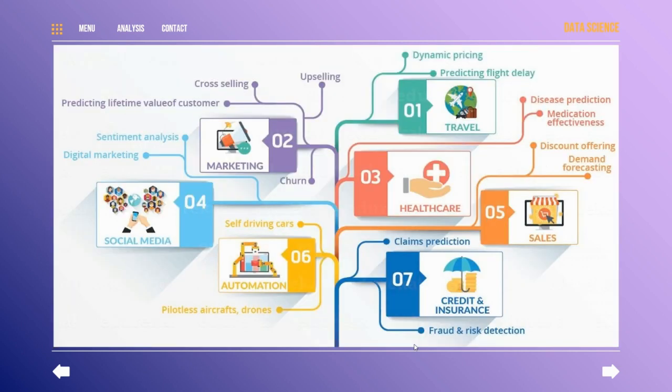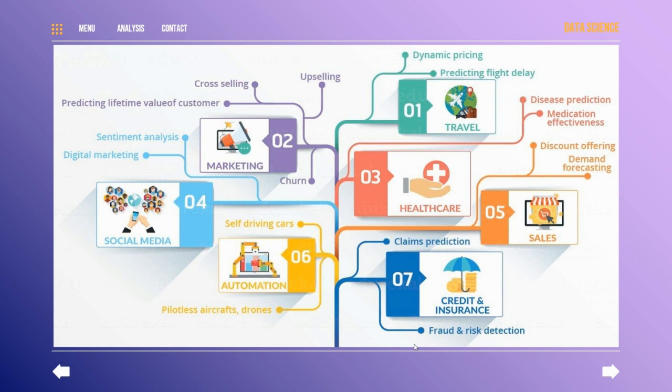Now, let's come to the slide of domains of data science which we are using in society. While traveling, we are using data science models such as dynamic pricing. Nowadays, we search for locations on pricing websites like MakeMyTrip. These websites predict the price based on the location and the type of hotel we choose. For example, if we choose a five-star hotel, the price will be allocated accordingly.